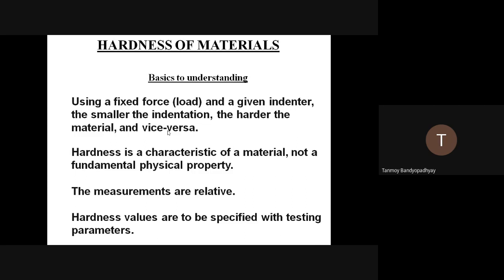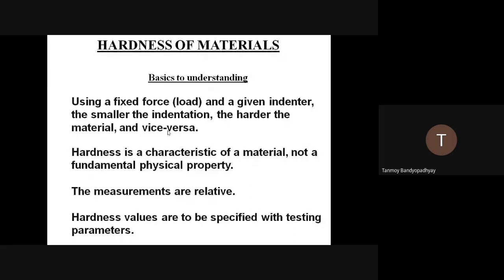The point we are measuring, at that point we'll have some value of the hardness, and that is just a relative thing that I can use to compare the hardness between two specimens. So the second point is that it's not a fundamental physical property of the material. You have one mild steel specimen and a second mild steel specimen. The first one has a higher carbon percentage, the second one a lower carbon percentage. So the first one will have a higher hardness and the second one a lower hardness. Suppose I heat treat one actually. Then again the hardness value can change. So I just want to explain that hardness is not a fundamental property.